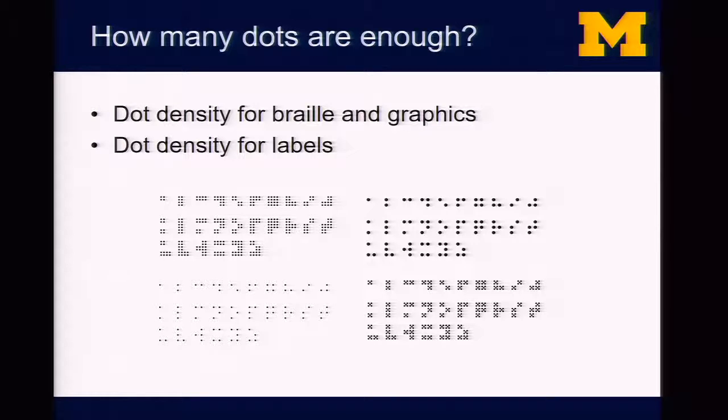So if we can avoid the need to have mechanical parts stuffed into an array, then we might have some chance of getting a higher density. But even still, there are reasons to do with how we perceive tactile graphics that would help us discover how dense this array needs to be. And much of this work at the moment is coming from the area of printers for tactile graphics. John Gardner, for instance, who runs the company that makes the View Plus, has determined through a number of studies